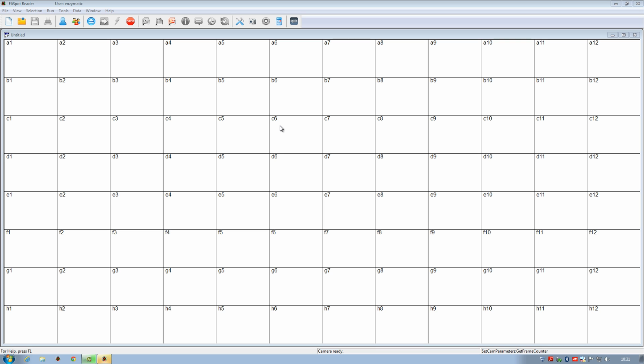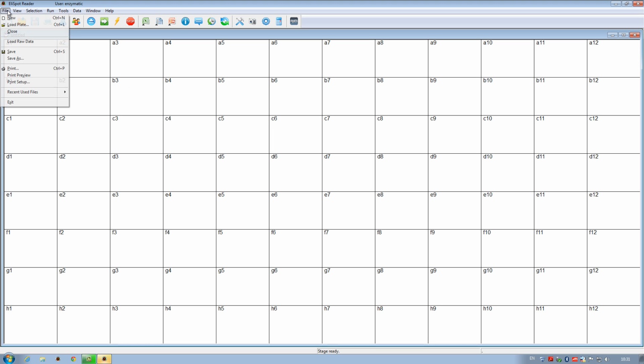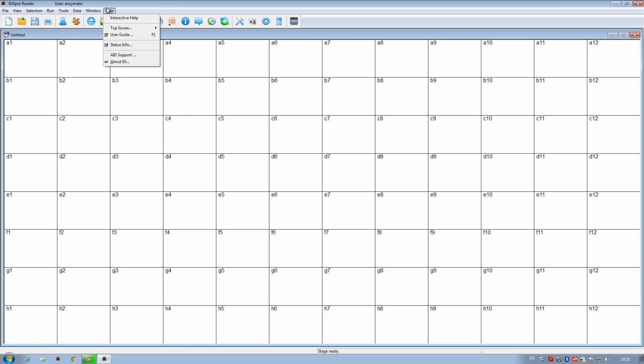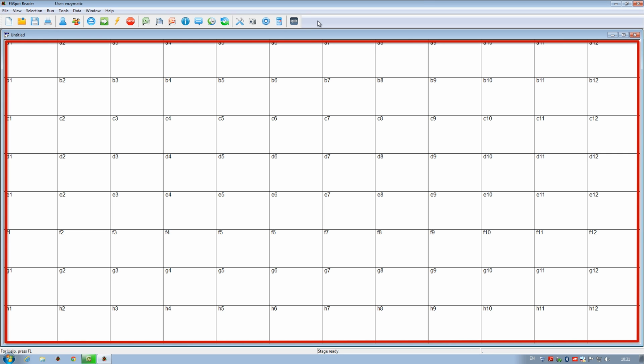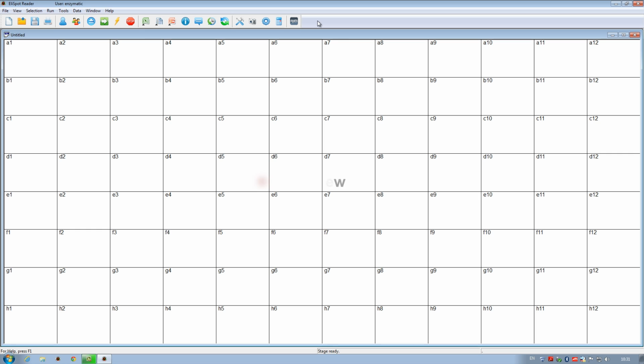So, how do we go about this process? Well, we start off by going through some basic principles of the AID software. In general, the program is very similar in structure to that of Microsoft Word. In the top left corner, drop-down menus give you access to all aspects of the software. Just below these, you have the graphical shortcuts to many of the most important features. The main window below is called the plate view, as indicated by the 96-box layout. Here is where the ELISpot wells will line up in real time during analysis, just as you saw earlier.